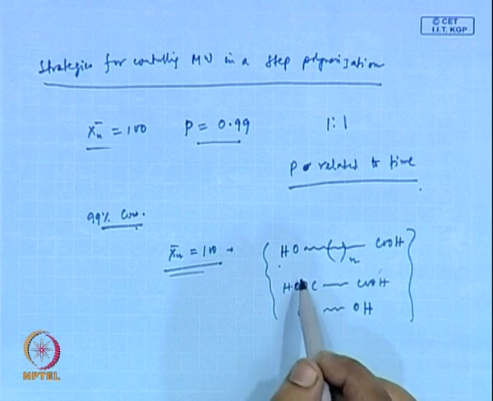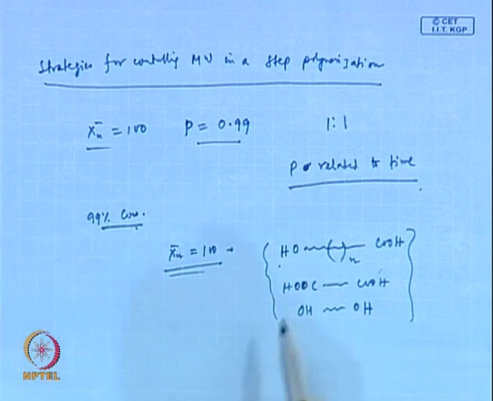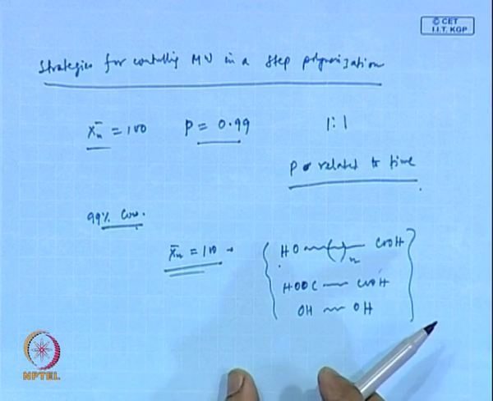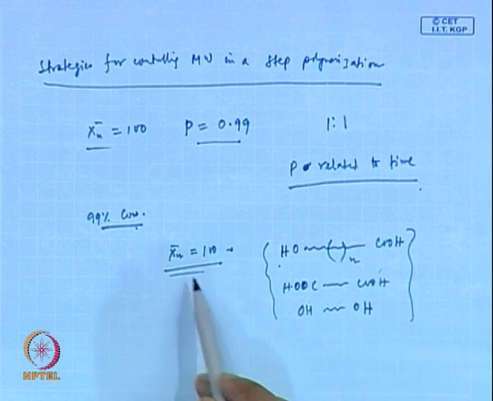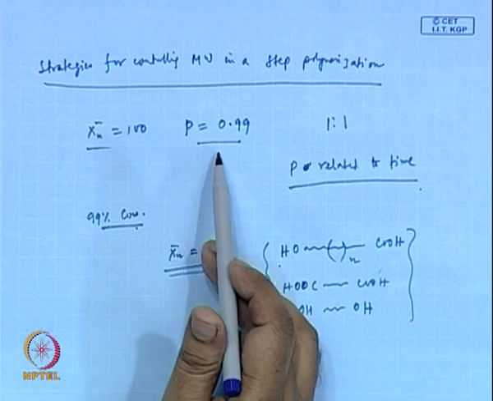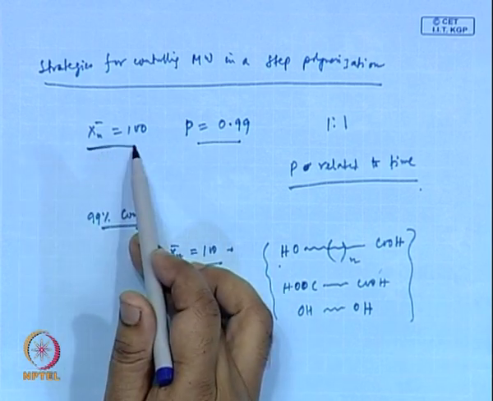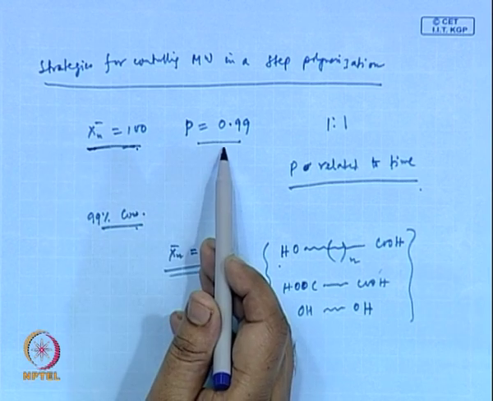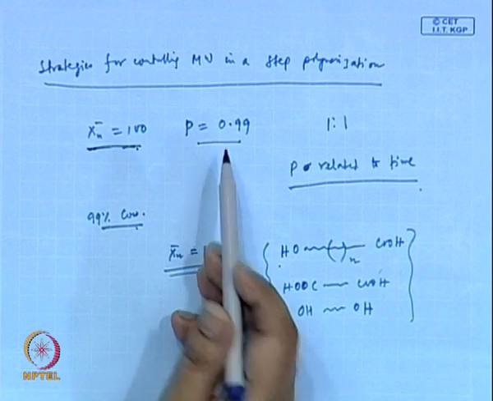So, they might react and build molecular weight, or they might bite in between and degrade the molecular weight. So, if you stop a reaction to target a degree of polymerization of 100 at 99% conversion level,